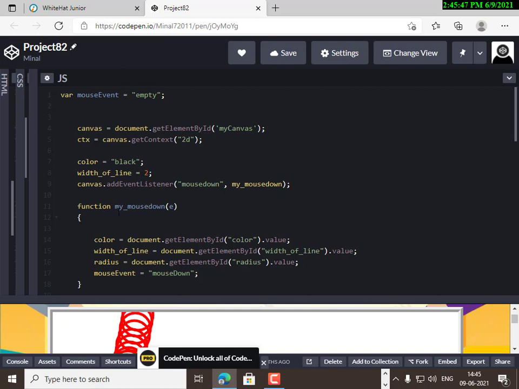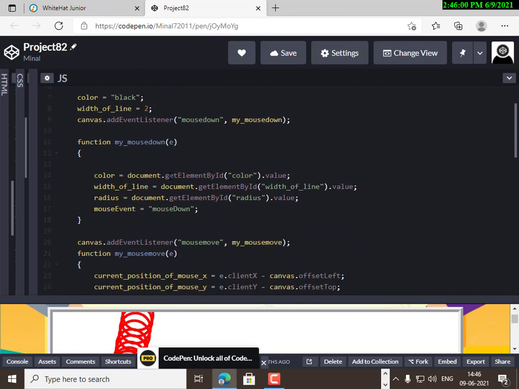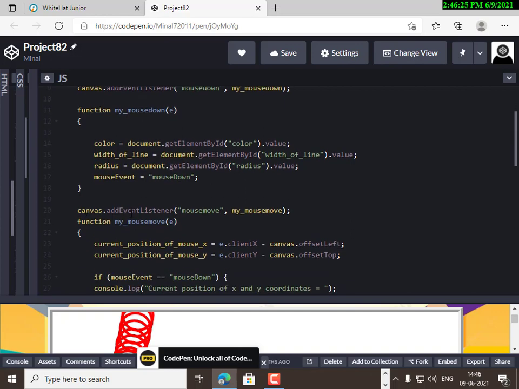double quotes mouse down function, and then we will create a function that is my mouse down, and in the brackets we will give e because that's an event. Color equals document dot get element by id, in double quotes color because that is an id, dot value, width of line equals document dot get element by id, width of line dot value, radius document dot get element by id radius dot value, mouse event equals mouse down,